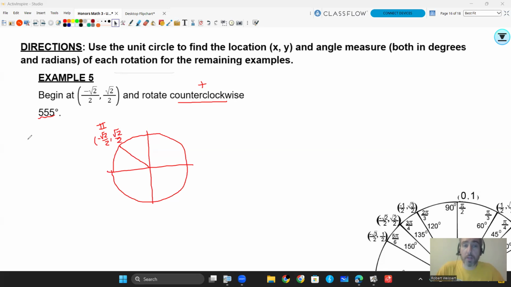We have to figure out the angle measure because we have to start with the angle since we have to rotate at an angle. So that angle, well, if this is 90 and this is 180, remember these are 45-degree increments halfway. So 90 plus 45 is going to be 135. So that's actually a starting angle at 135 degrees. So we're gonna work with that, and we want to go counterclockwise. So we're gonna add to that. So we start at 135,